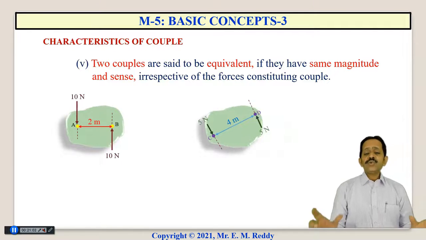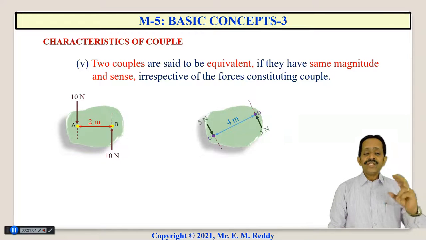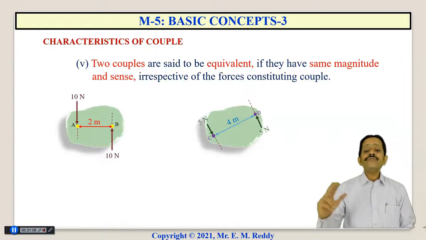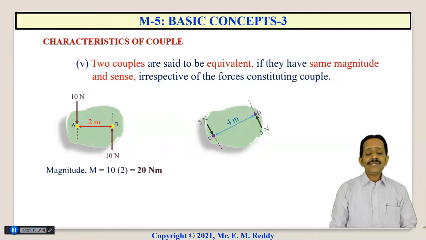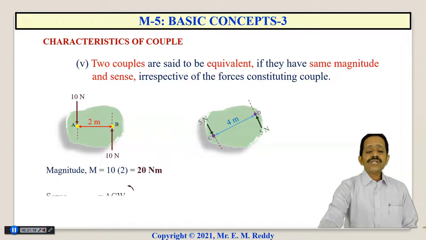So here there are two couples formed by two 10 Newton forces and two 5 Newton forces, right? These two are different couples. What is the magnitude of the first couple? It is 10 into 2, 20 Newton meter. And what is the sense? So this couple tends to rotate the body in